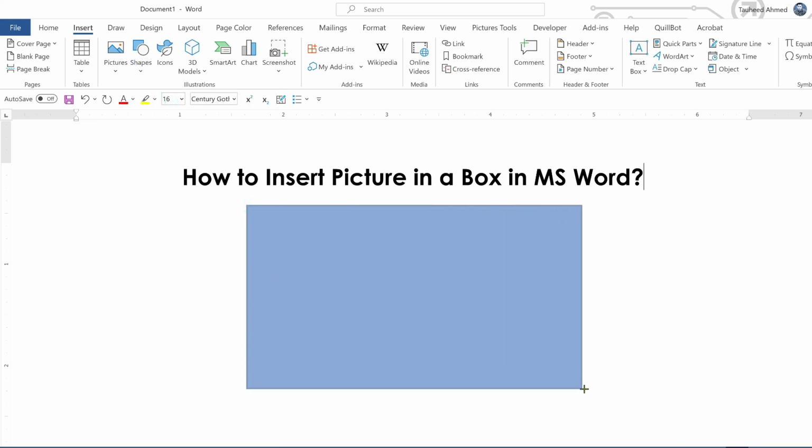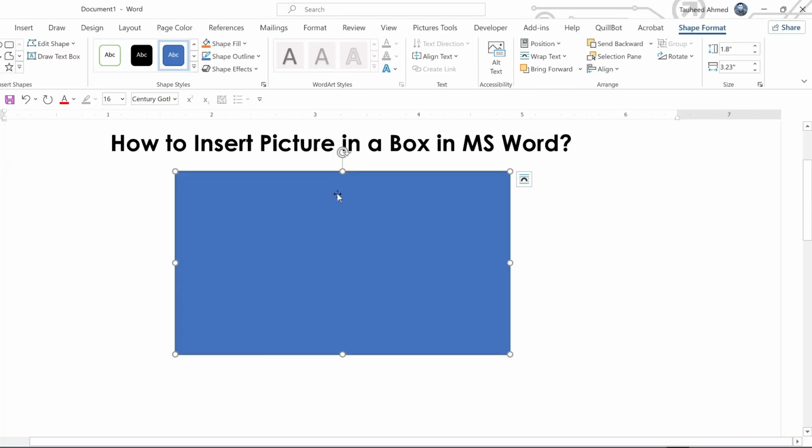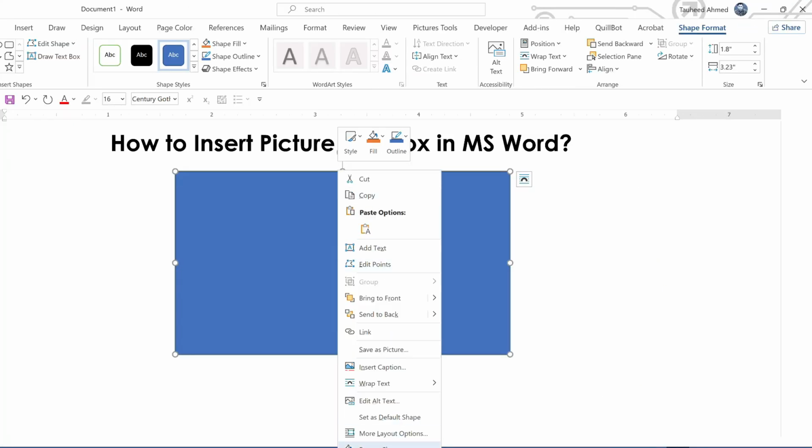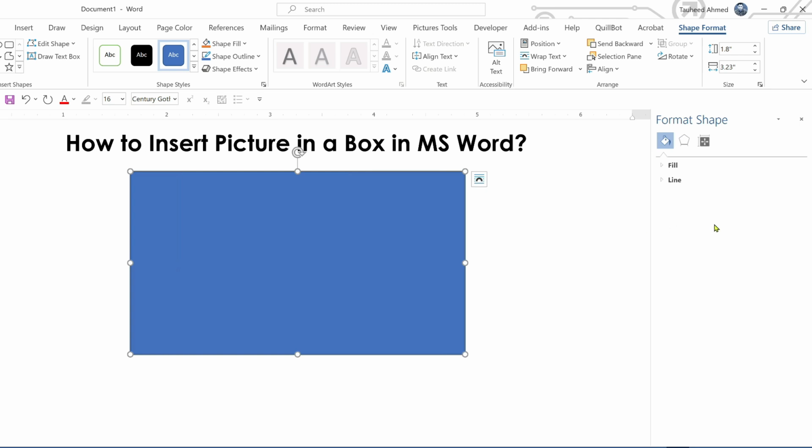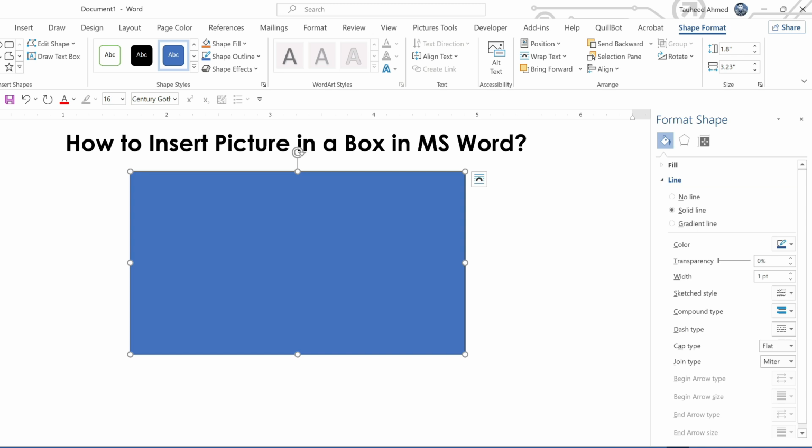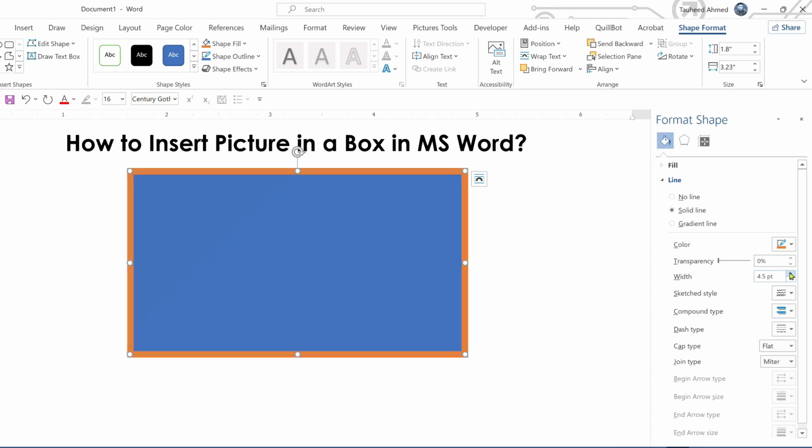Draw the rectangle shape. So now right click and go to the format shape, and here you need two options, line and fill. First you need to click on the line and select the solid line and select the color of your choice. Increase the thickness from width, it's up to you. So here is the dash type, different options are available, you can select any of them, but here I'm selecting